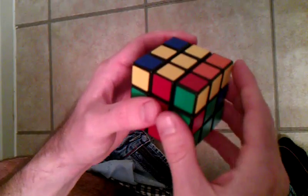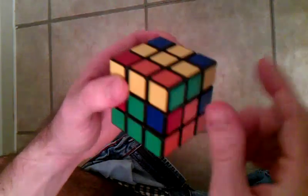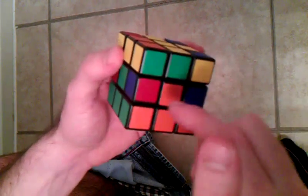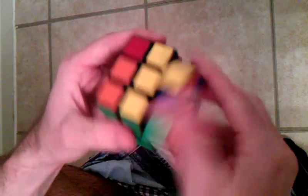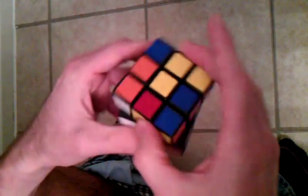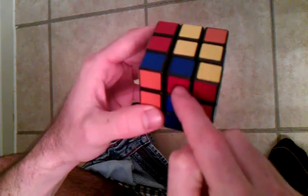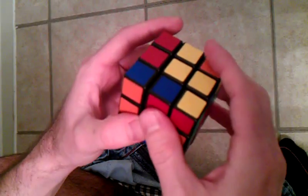So I'm going to get into detail of the rhythm here in a second. I'm going to go ahead and do it to get one of these on top. I'm just giving you an understanding of what you do when you have a yellow on top. I'll get more into detail with the rhythm when we have the correct color on top. Alright, so we have a good color on top now. There's no yellow here. So this is the one that you'd want to start with now that it's on top,